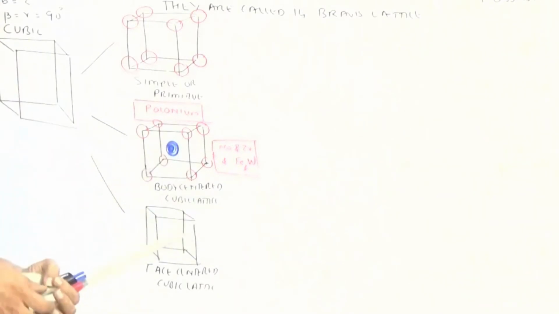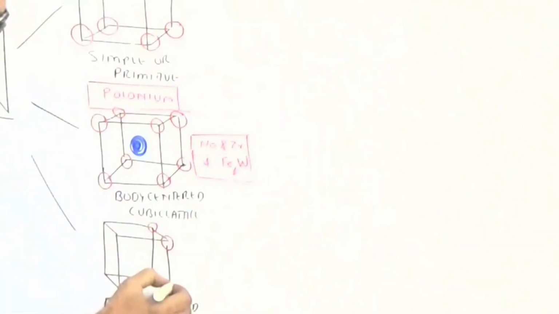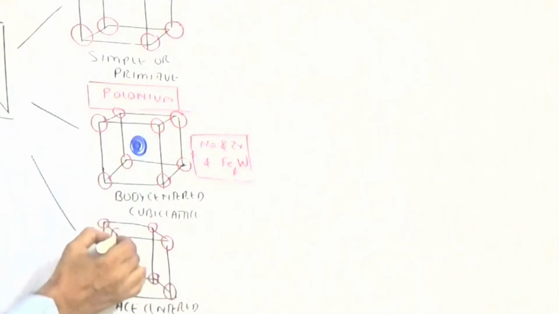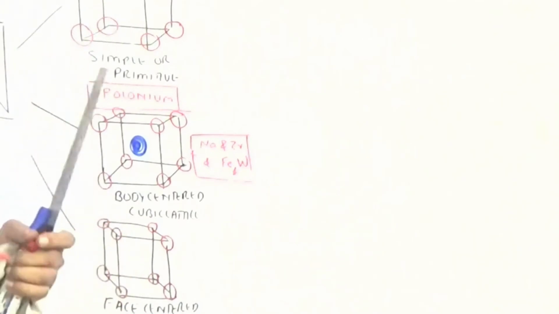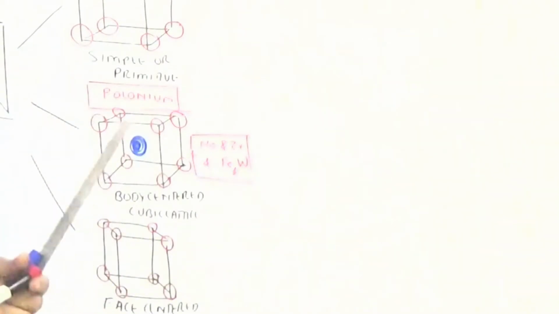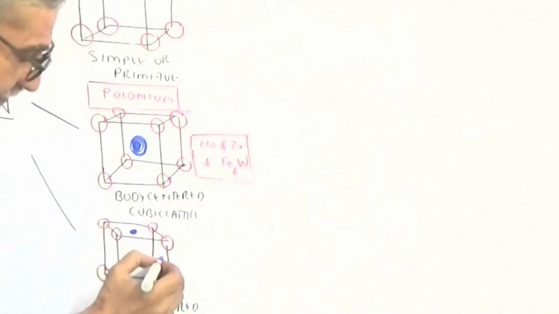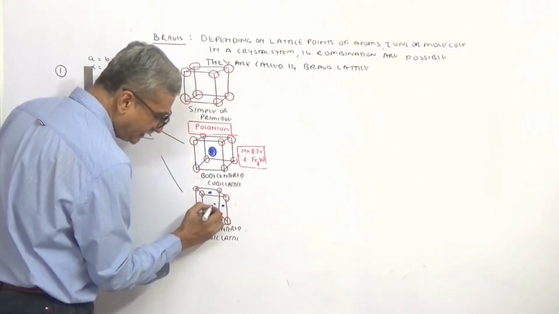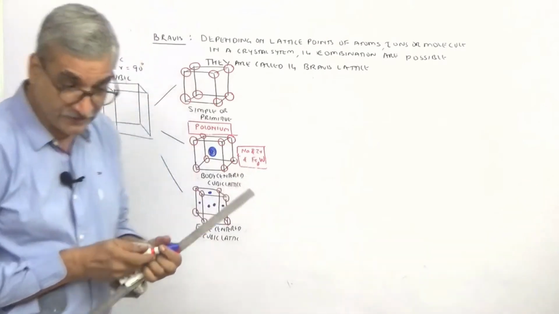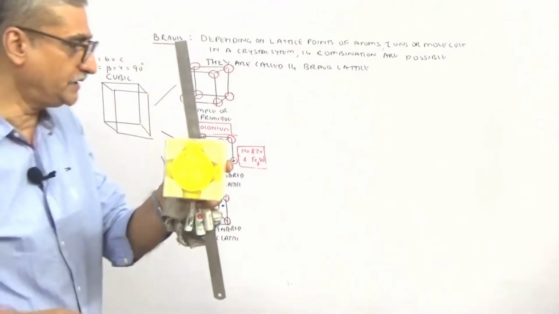So in this case, where are the atoms present? Atoms are present in the corner. How many corners? 1, 2, 3, 4, 5, 6, 7, 8. So in this there will be 8 corners. And where else are the atoms present? Atoms are present in the 6 faces, F-A-C-E-S. Where are the atoms present? They are present in 1, 2, 3, 4, the back one 5 and the front one 6. So this is an example. The diagram is not that clear, but the model will clearly show you what I am talking about. Can you see it? Yes, great.